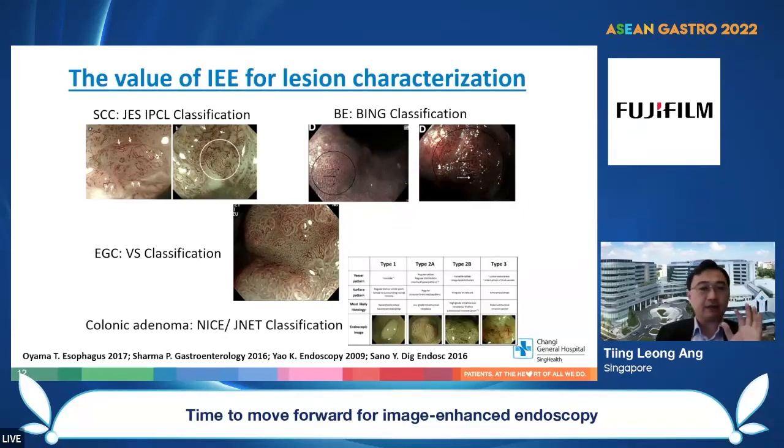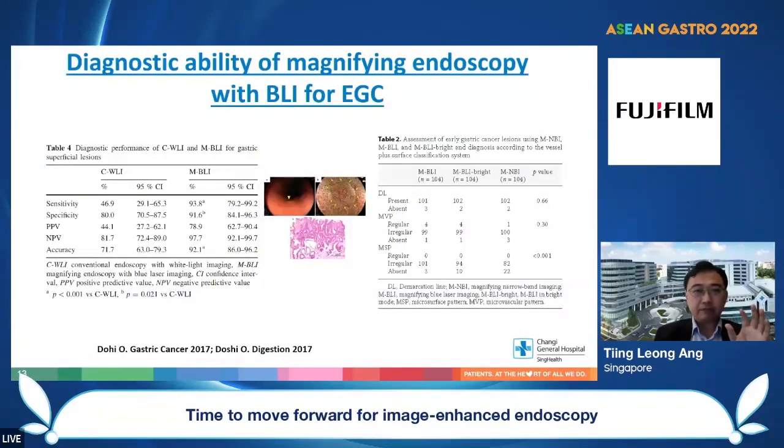Although this classification system uses NBI as the foundation for classification, BLI, by virtue of the fact that it also focuses on the narrow bandwidth, can potentially also be utilized for such a classification system. We can see, for instance,